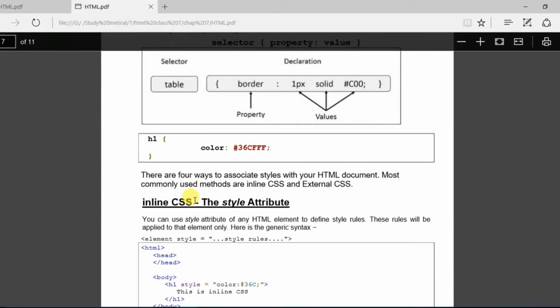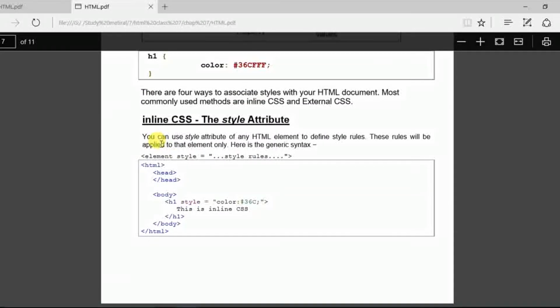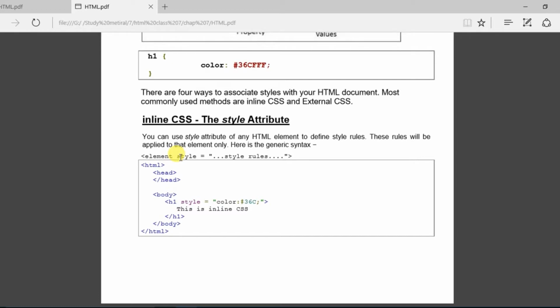The first and basic way by which we apply CSS with HTML is the inline CSS. Look here, in the inline CSS we will pass the style attribute, and using the style we will add the property of that particular element in the web page.